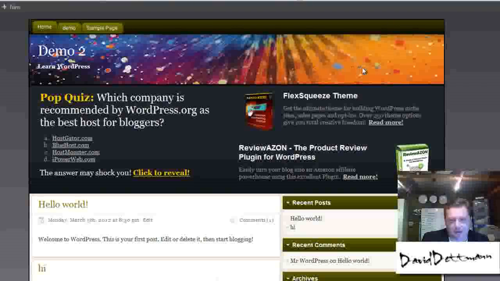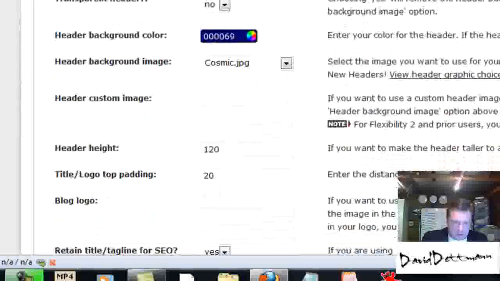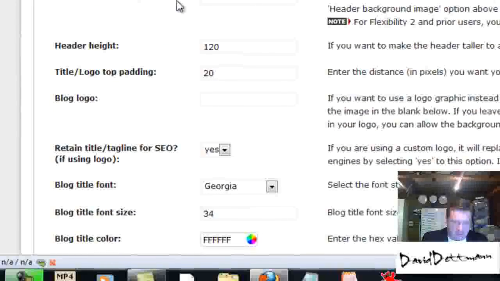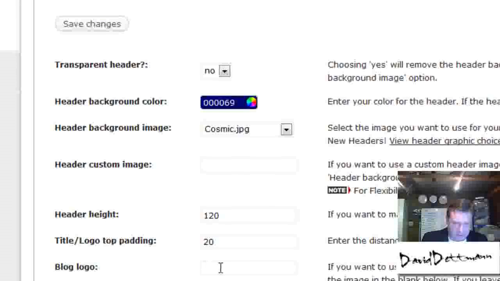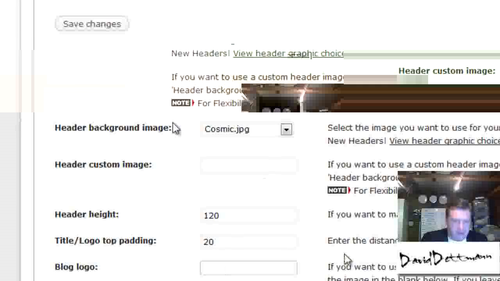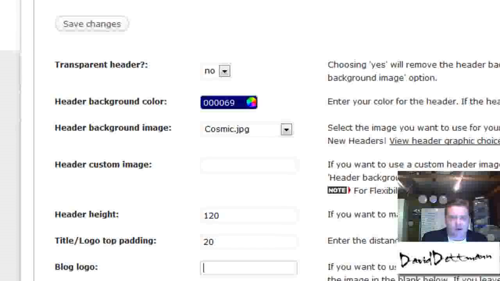Okay, so there's a background. Now the other thing, keep in mind, if I'd put a picture in that I'd saved in my files, that would go there, so you can put your logo across here and just have a background. Alright, and then you can also have a background image and then a logo, so you can customise them as well. Okay, so blog logo here and the header background, which at the moment is this cosmic one. So you can use your own custom one, and you can put a logo in. Okay, so if you've got a logo somewhere online, for instance,